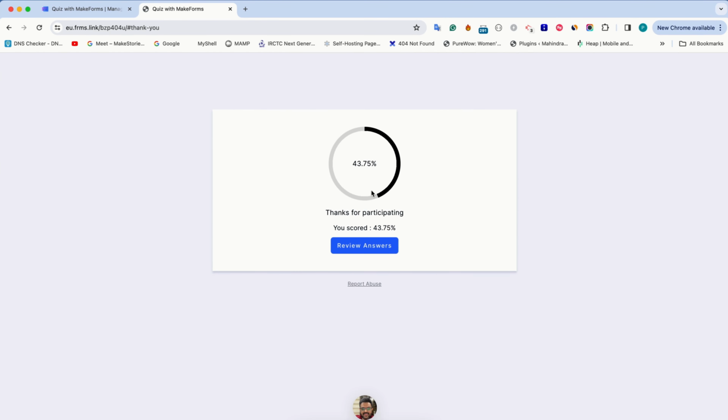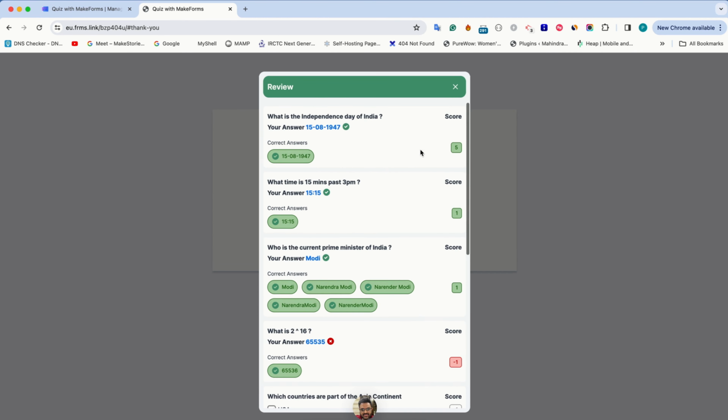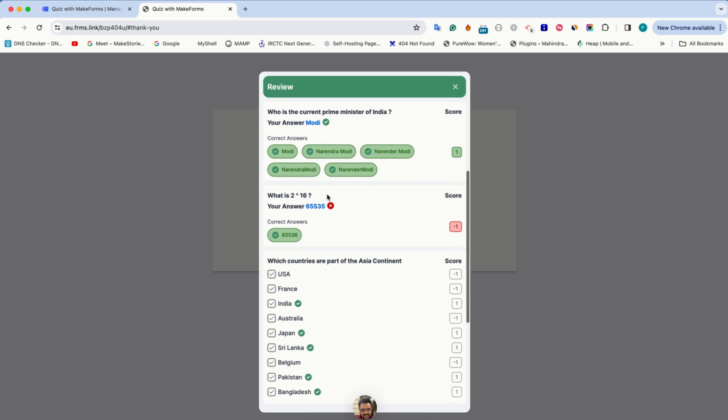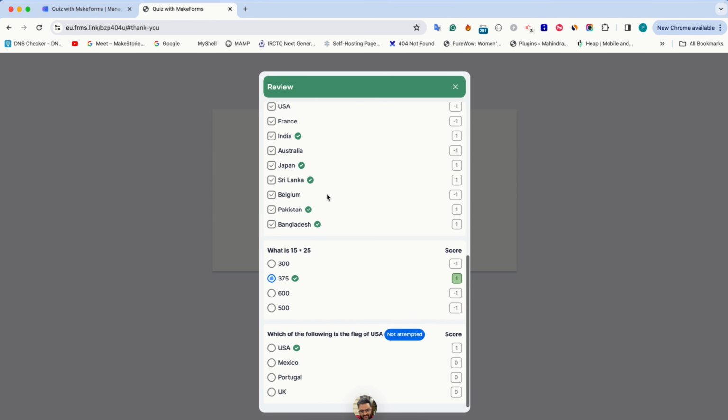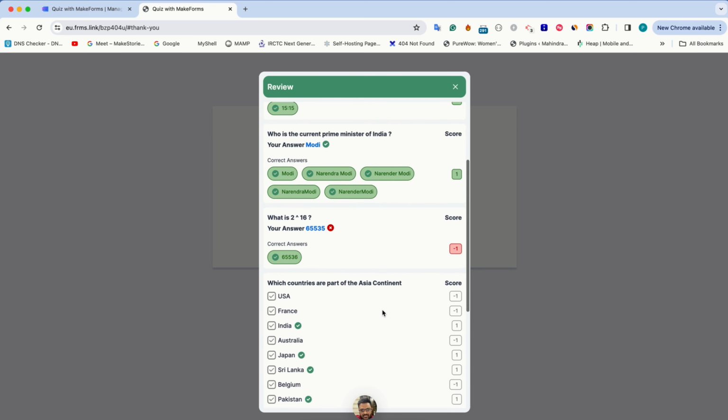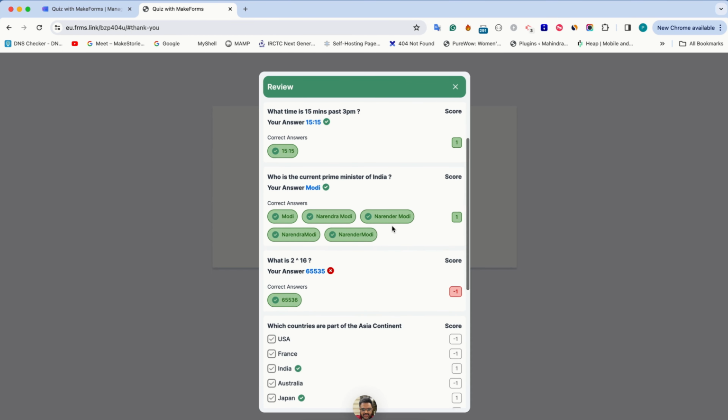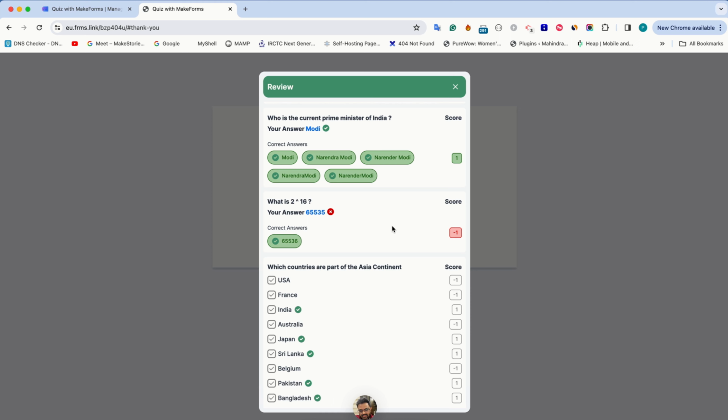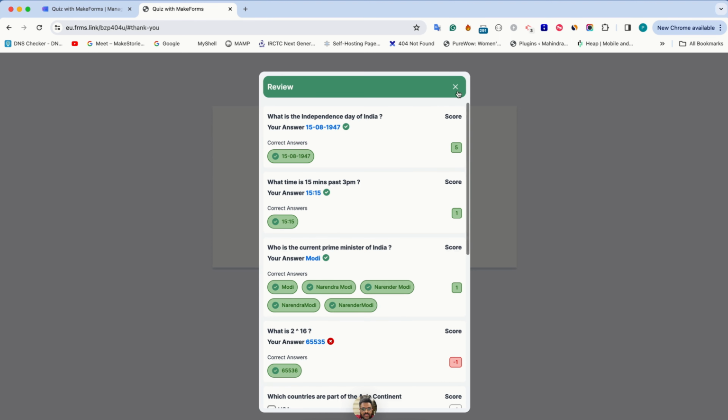Now you can see that it's saying that your score is 43.75. Now we will review the answers. Okay, so we have scored this. All of these are correct. And the last one we did not attempt. So this is how the scoring works in Make Forms quizzes. So now